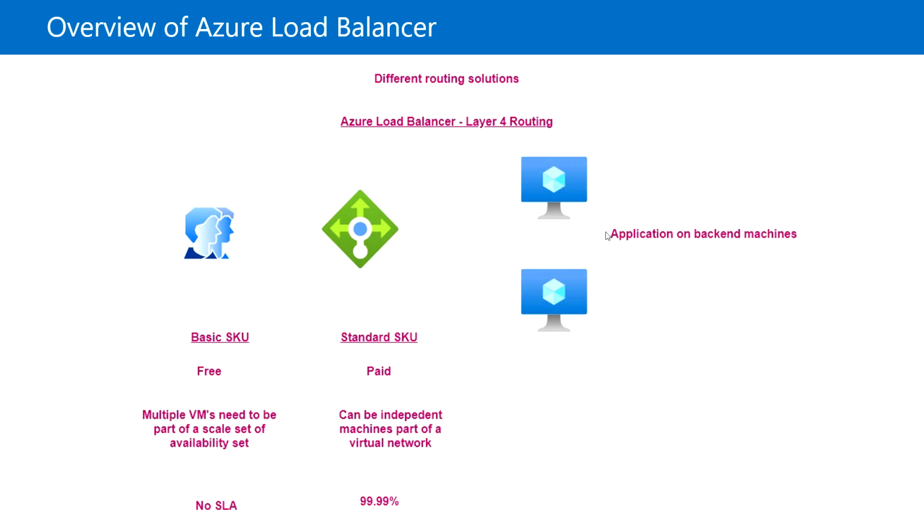On the back end, there will be a pool of virtual machines where the application will be running, and the users will be accessing the Azure Load Balancer that will have the public IP interface, and the load balancer will route the traffic into these virtual machines which are configured